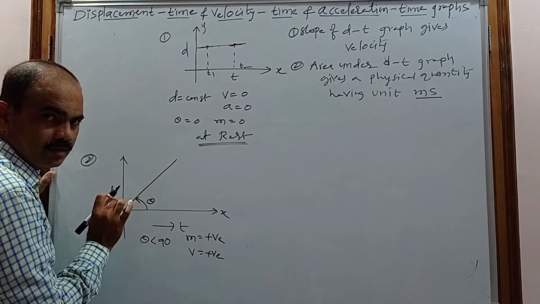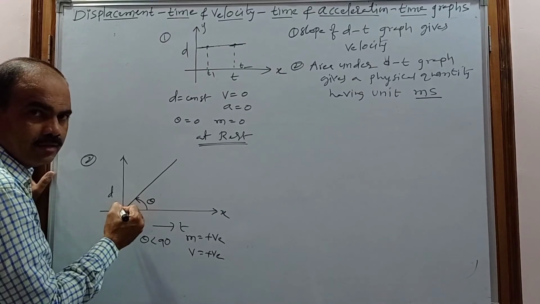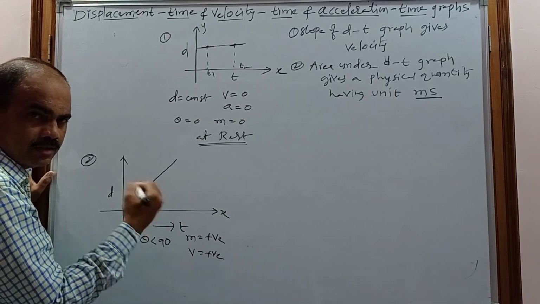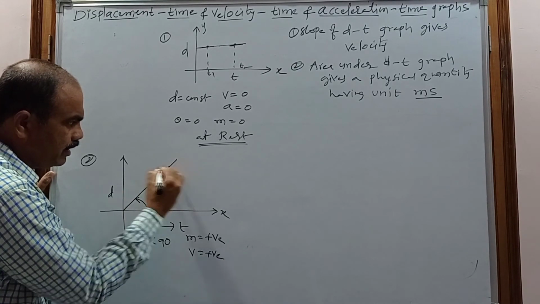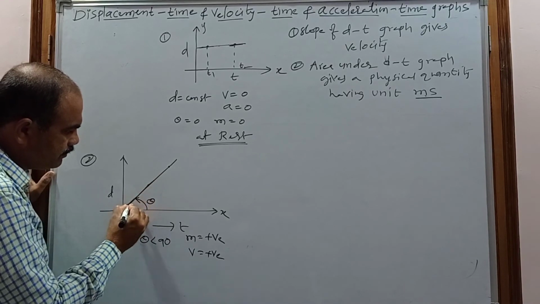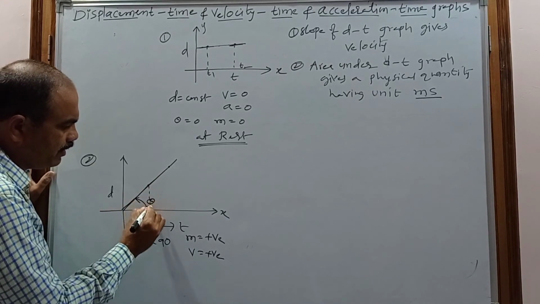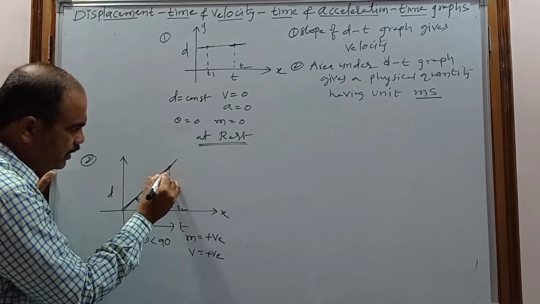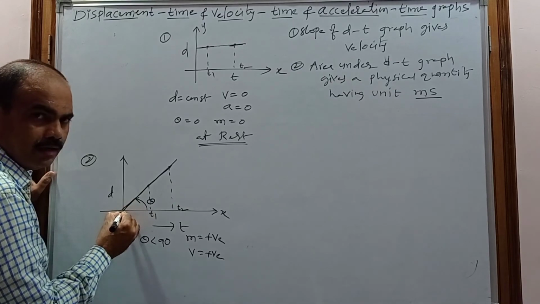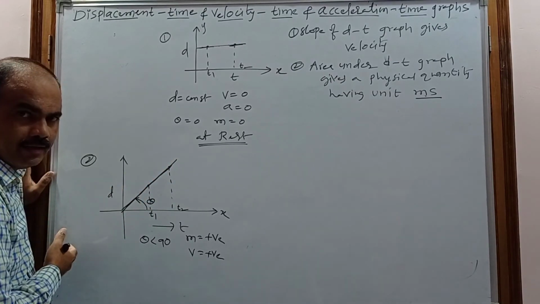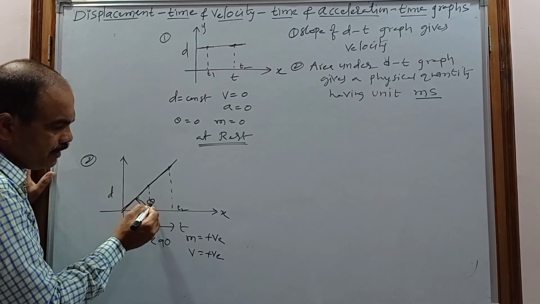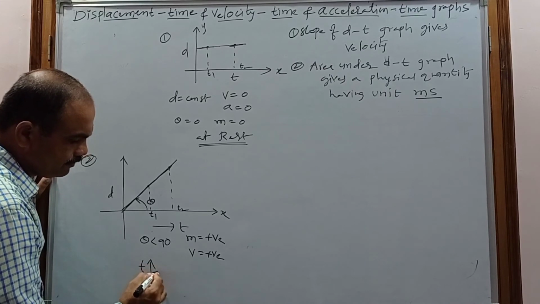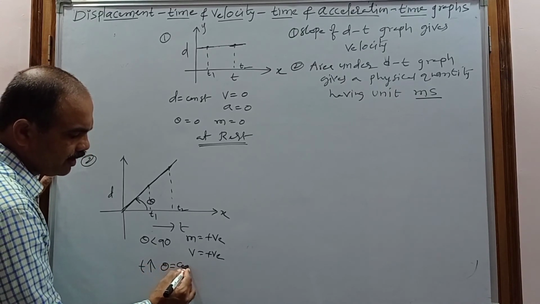But whether that velocity changes or not with respect to time, how can we estimate? I already said that this is a straight line, so the slope cannot change. Otherwise, whether the slope is changing or not, take two points on the graph and draw the tangent. This is a tangent drawn at t1 time, and now at t2 time we also draw the tangent. That is also parallel to this line, exactly in the direction of the line, so both tangents make the same angle. When the time is increasing, theta is not changing, theta is constant.